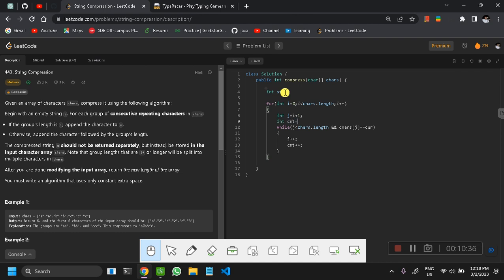First of all, I will have count equal to 1. Why count equal to 1? Because I am starting from I plus 1 and I will have a current character, so this current character will be something equal to chars of I. After that, when I complete this loop, then I will surely have my count and my current character. So what I'm going to do is chars of st++ is going to have the current character, and